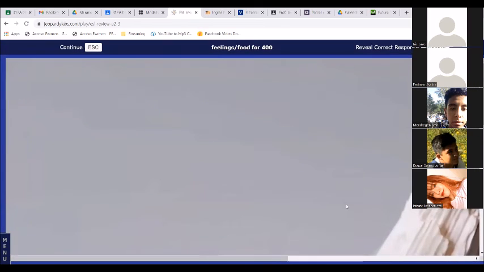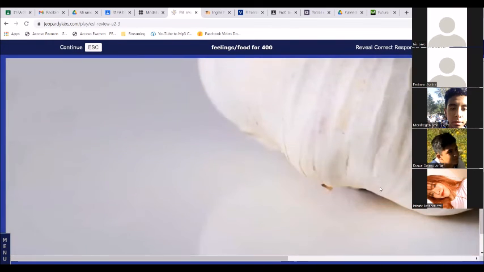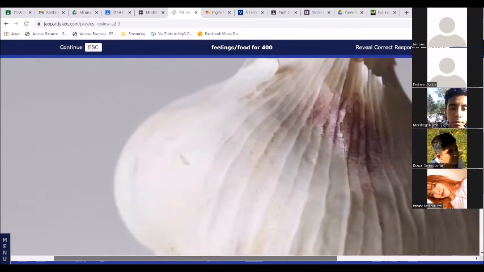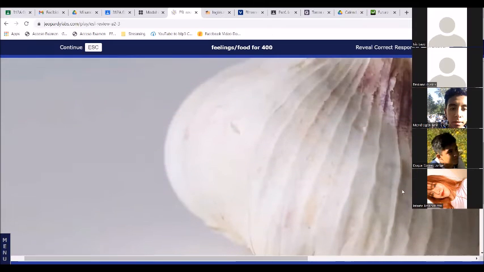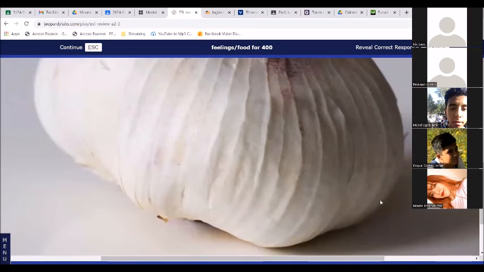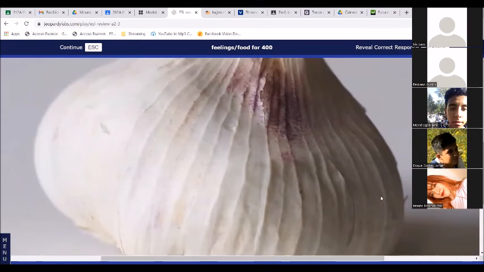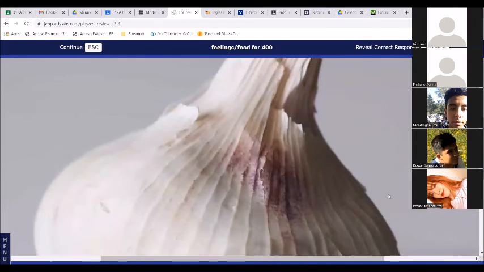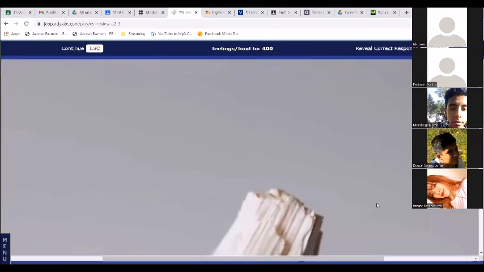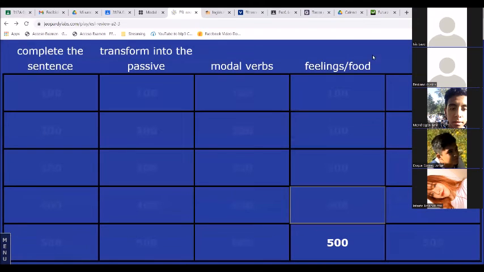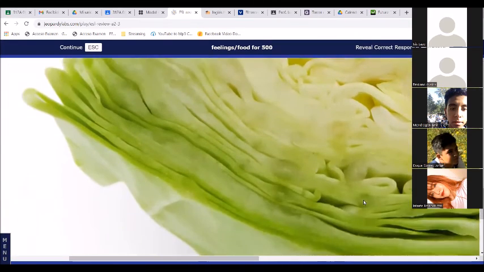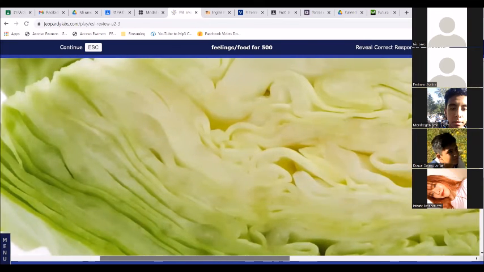Almost done, guys. This one, just open up your microphone and tell me what you see. What is this food? What is this called? Onion. Yes. Garlic. Onion is completely a ball, while garlic has little heads of garlic inside. All right. So that's garlic. And the last one. What food is this? Use it when you're making coleslaw.